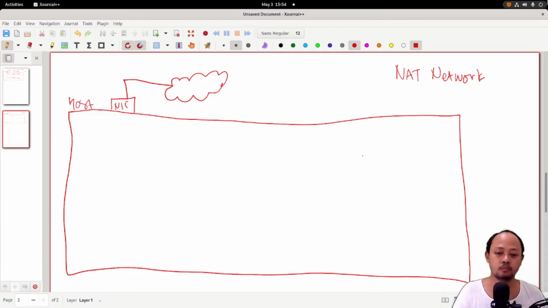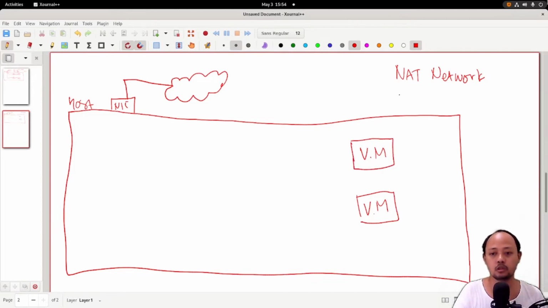If we put a VM in here, and another VM, so we have more than one VM, and we use the NAT network setting.